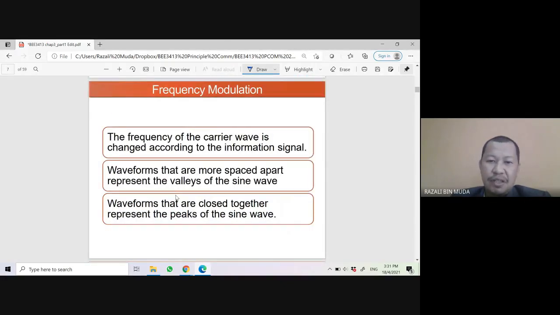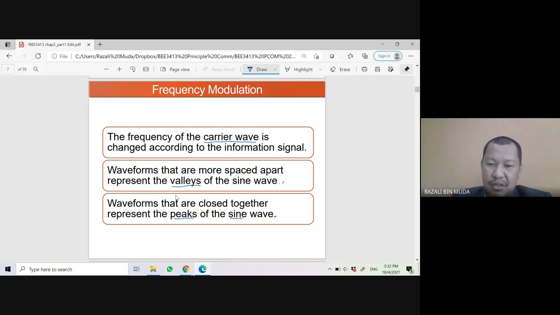Frequency modulation: the frequency of the carrier wave is changed according to the information signal. Waveforms that are more spaced apart represent the valley of the sine wave. Waveforms that are close together represent the peak of the sine wave. So if the output is more spaced apart, meaning the frequency is lower, it represents the valley, the lower part of the amplitude, the negative part of the amplitude of the sine wave of this information signal. If the output waveforms are close together, it represents the positive peak of the